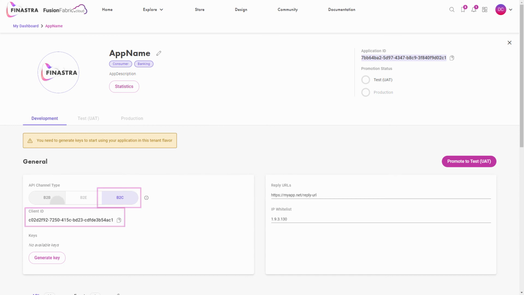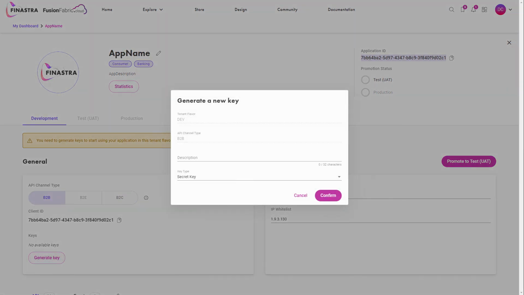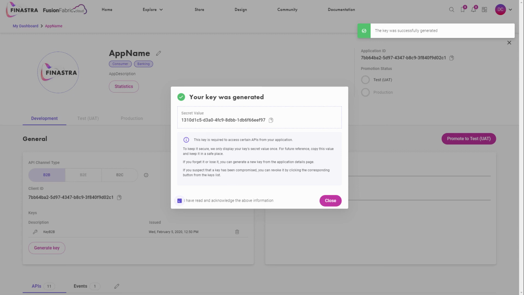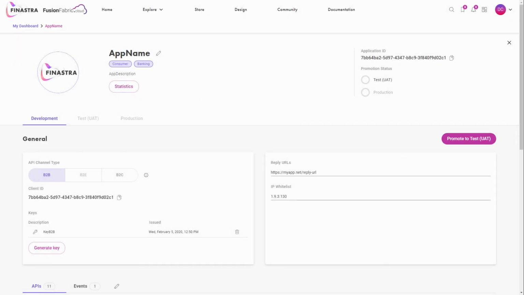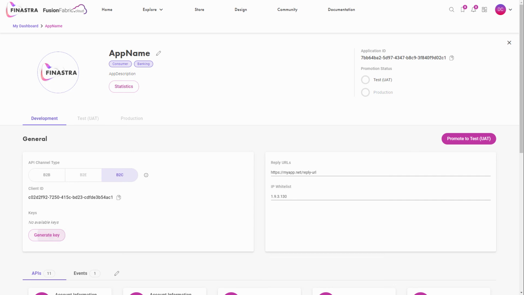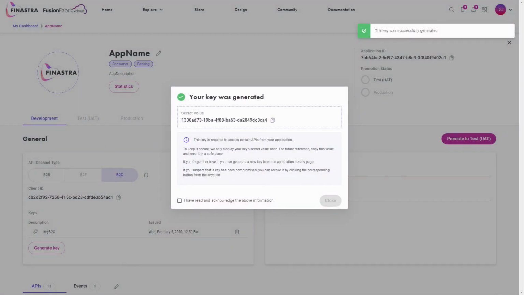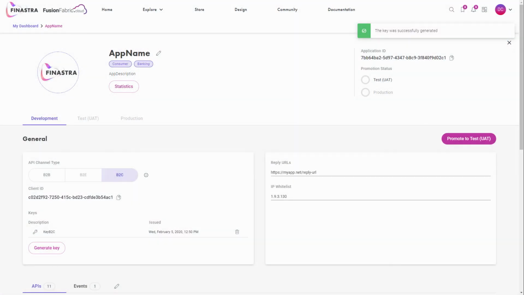Note that the B2B APIs support client credentials grant flow, while B2C and B2E channel types support the authorization code grant flow. For security reasons, the secret key is generated only once, so make sure to copy its value somewhere safe. Otherwise, you must generate another key and update your client application accordingly.